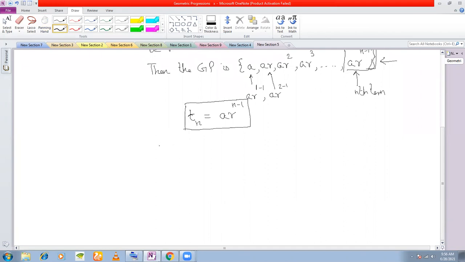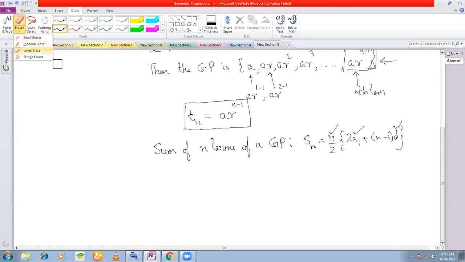next is sum of n terms of a GP. Okay, now if you remember in AP, if we knew the first term and if we knew the common difference, we were summing up the terms as Sn is equal to n by 2. This is just I am writing this for AP, twice of A1 plus (n minus 1) into D, right? This was for an AP. For Sn, we knew how many terms we want to sum up. We knew the first term and we knew the common difference, right?